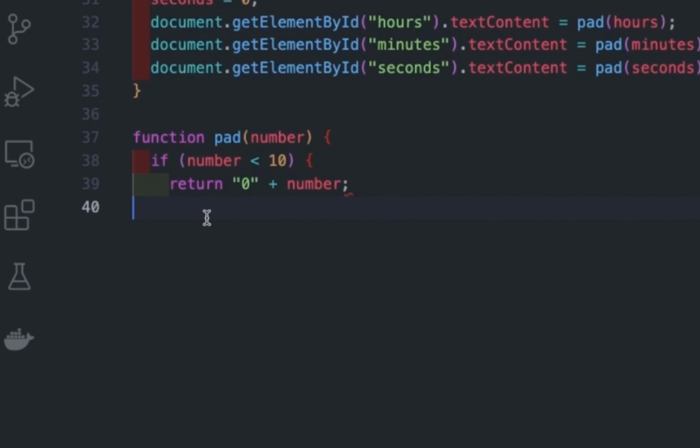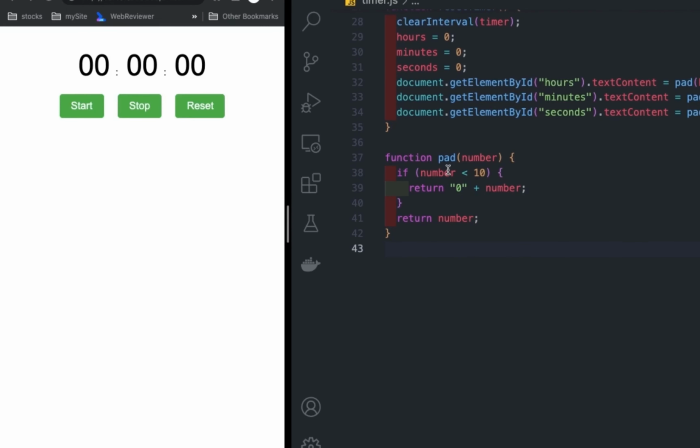And if it is like 10, 11, 12, then we will not add the 0, only the number will be returned. So here I will return only the number and I will close this function. So this is basically the pad function. If the number is less than 10, then 0 will be added first and then the number will come, and if it is 10 or greater, then directly the two-digit value will show.